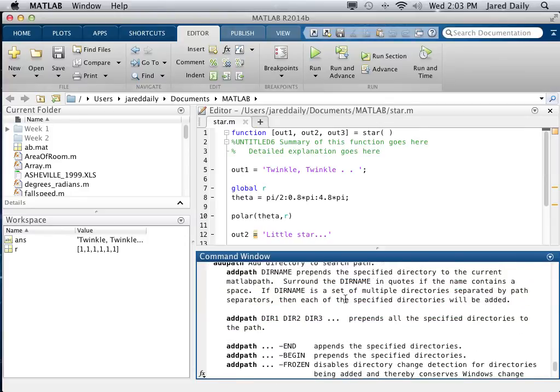Input, add path, input. Well, you have to have a directory name in there, so you don't have that right now. Okay, so let's go back to